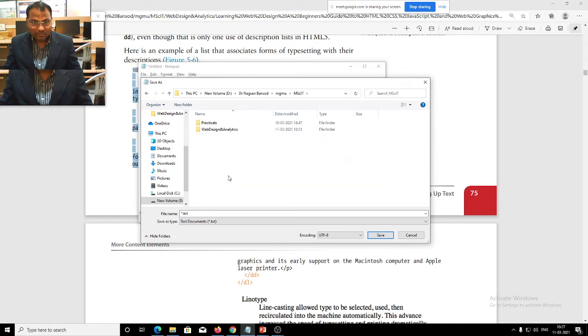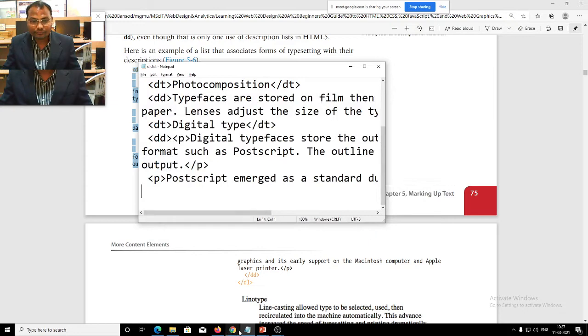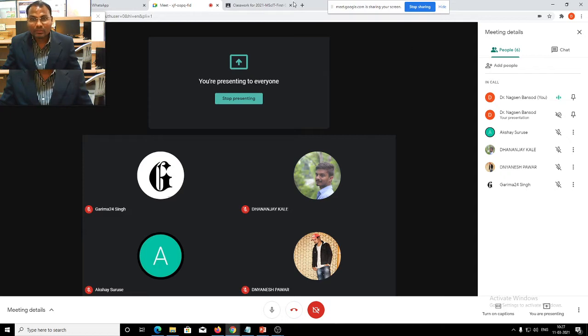Our folder is here, Web designer, CIT practicals. We saved this file as list.html, with the extension HTML. In the browser we will check this, whether it works or not.